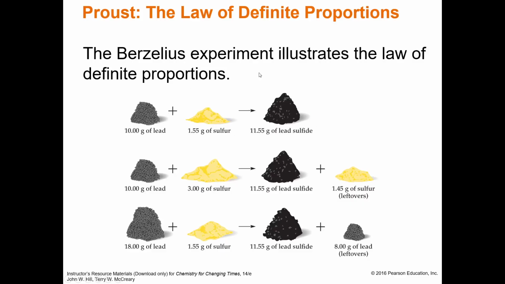lead sulfide. Notice that again, we conserved our mass. So 10 grams of lead, we put in 3 grams of sulfur, and what happens? Well, what we find out is it only uses 1.55 grams of that sulfur to make our lead sulfide. Once we've used enough sulfur to completely use up this lead, the remaining sulfur is just leftovers. It's excess. And what I want you to think about whenever you see a chemical reaction like this,